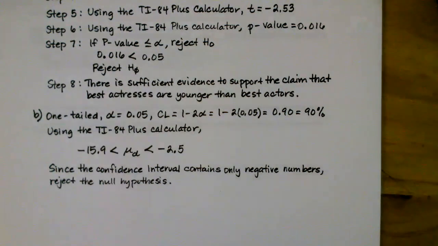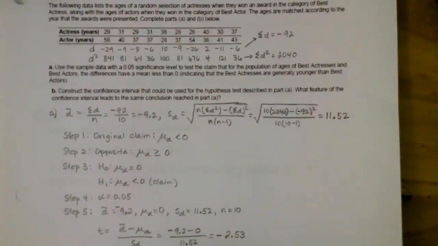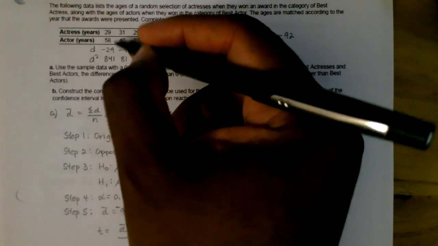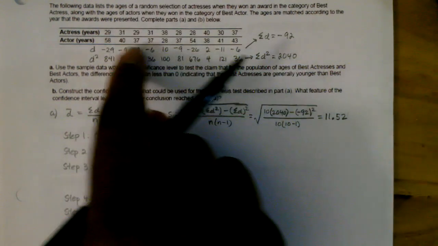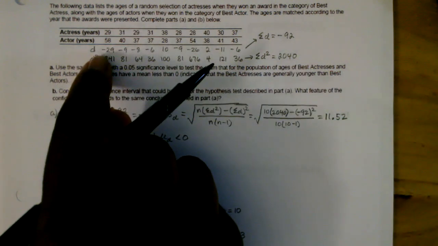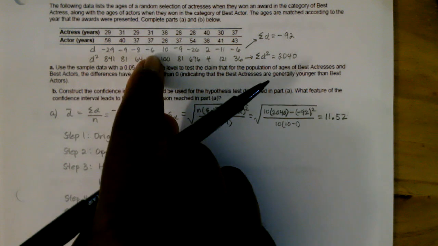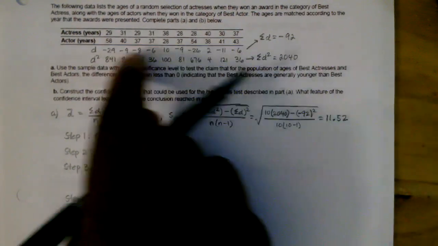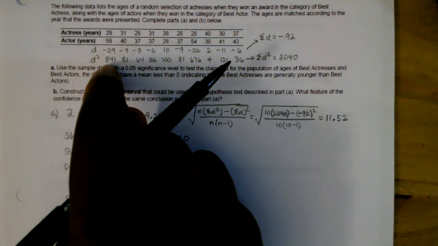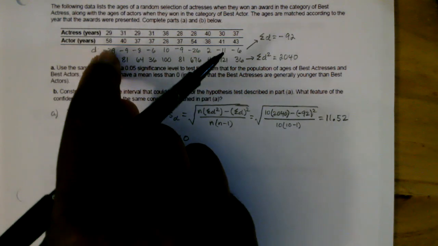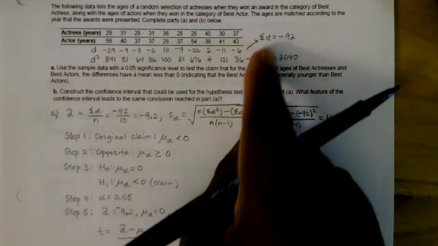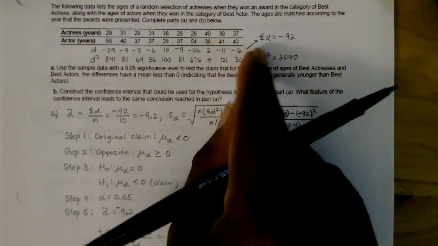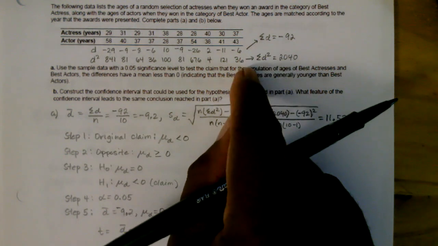Now, the way I did this, I went ahead and did it the other way. In this case here, I manually subtracted each one of these, the first minus the second, to get D. And here, most of these are negative numbers. And to get D squared, I have to square each one of these differences individually. And of course, when you square a negative, you're going to get a positive. So like negative 29 times negative 29 would be 841, and so on. I got the sum of D and the sum of D squared. The sum of D was negative 92. The sum of D squared is